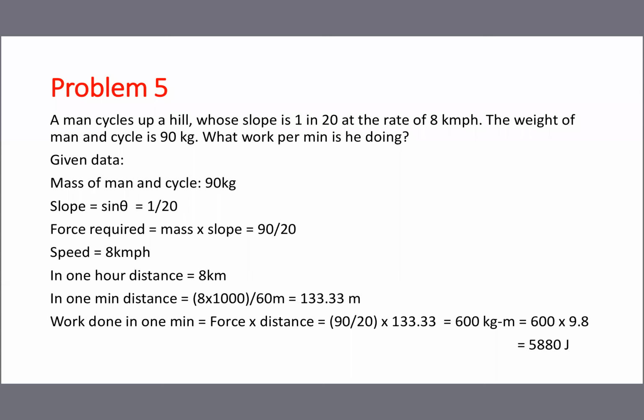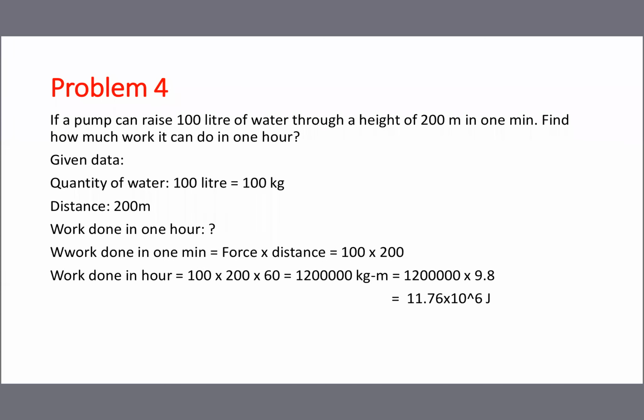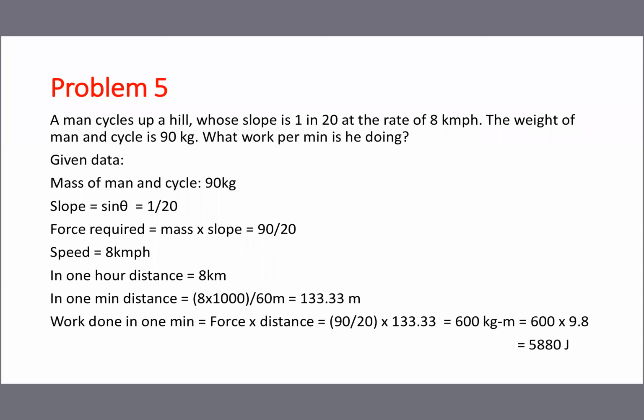First problem, easy data. Second problem, a little confusion. Third problem, friction given. Fourth problem, some liter given, and liter with the time given. In the fourth and fifth problems, extra data is also given. Fifth problem, slope given. So 5 different types of problem for work done. Now hereafter any complicated work done problem we can solve. But always keep the formula in mind: work done is equal to force into distance.